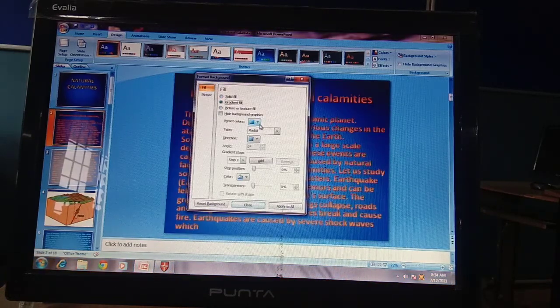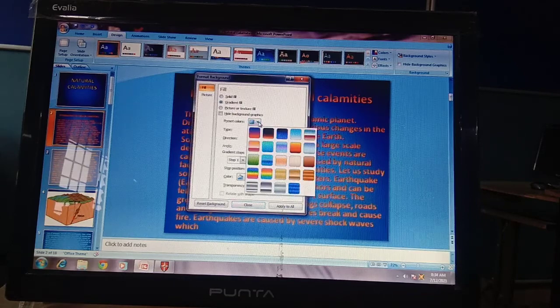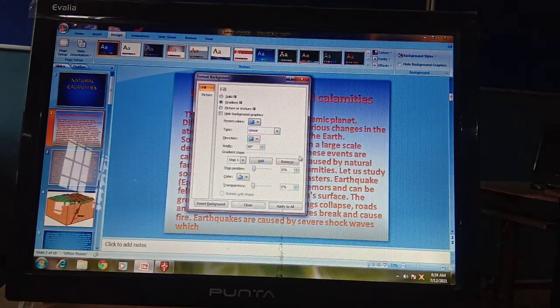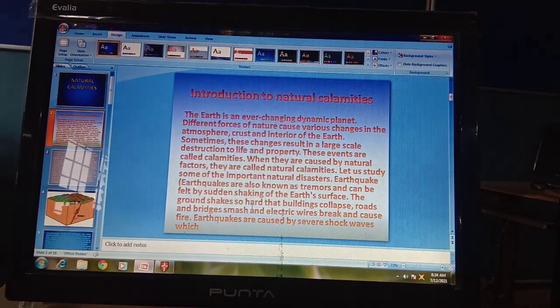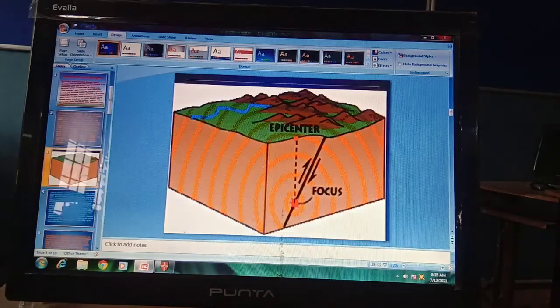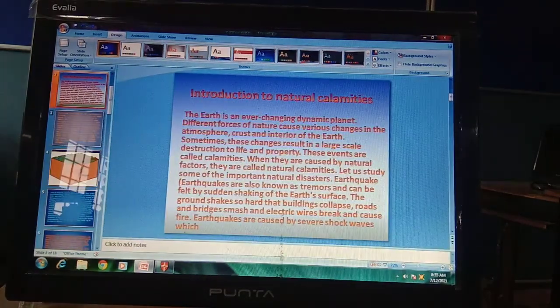Gradient fill is like this, where I have preset colors. You can choose any of the colors. If you do apply to all, it will apply to all slides, and if you do not, then it will be on that slide only.